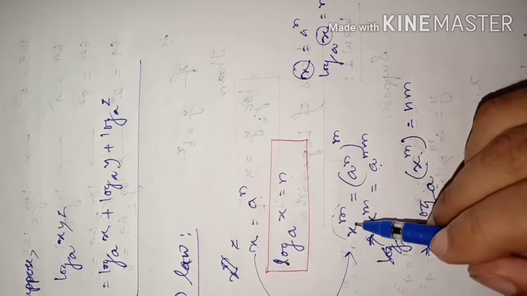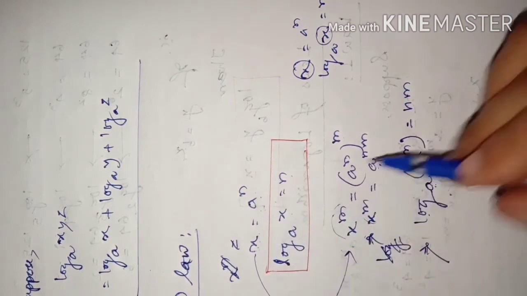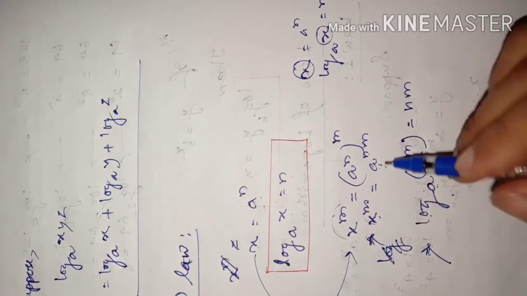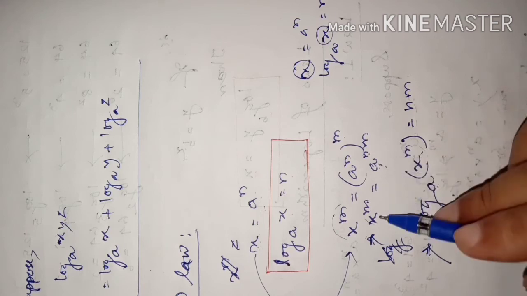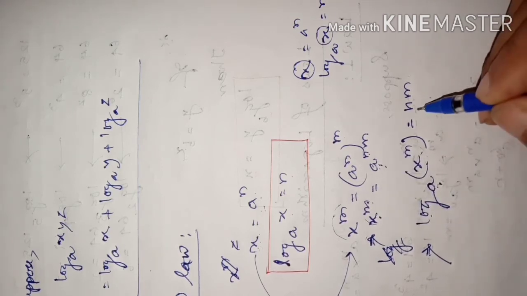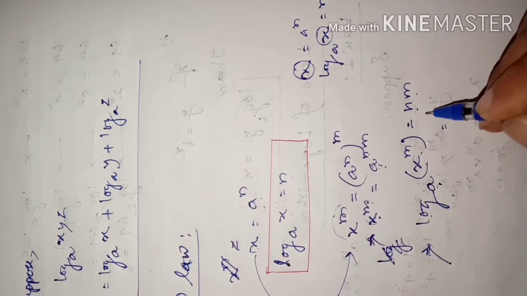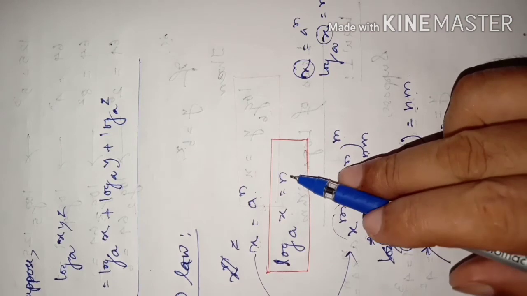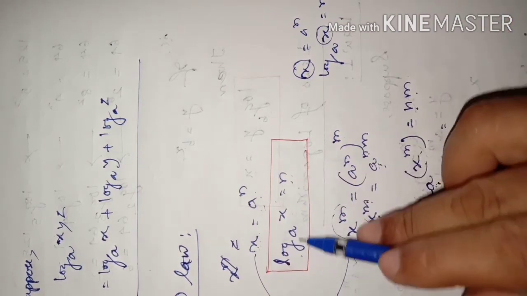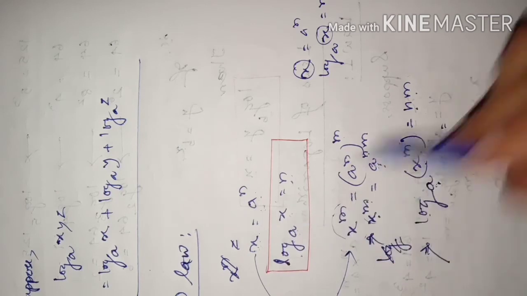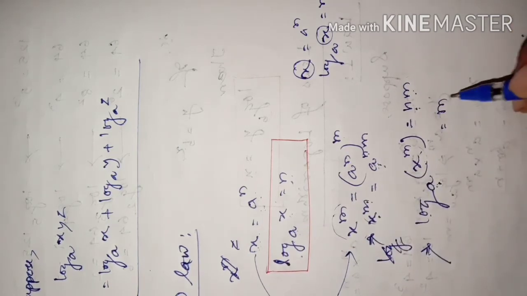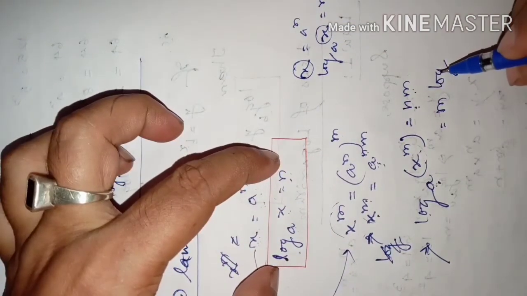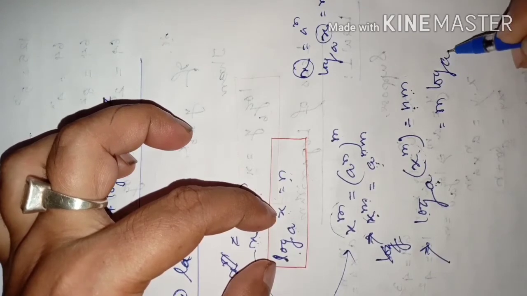So as we have raised the power of this x to m, then it will be a to the power of nm. So if we consider and write the log of x to the power of m to the base a, it will be equal to nm. Now n into m, you just see what n stands for. n stands for log to the base a of x. So n can be written as, using this one, n is equal to log to the base a of x.